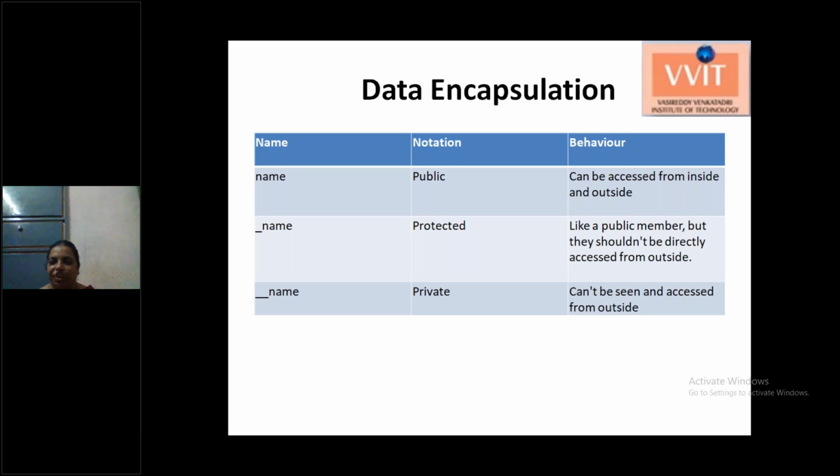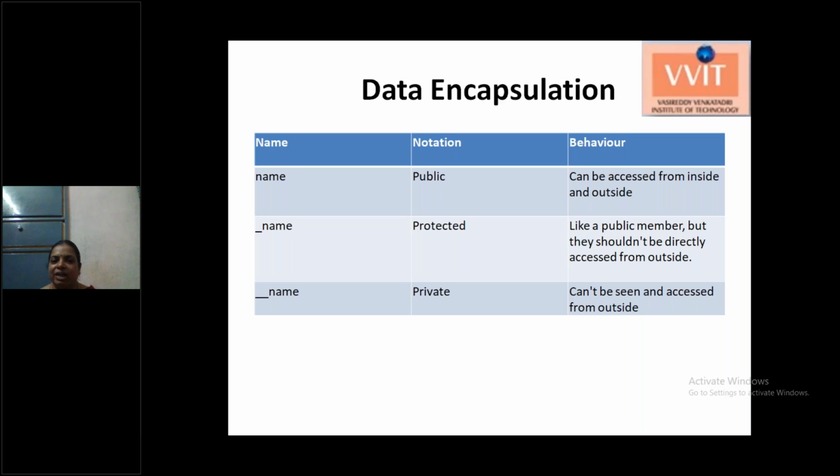Why? Because in object-oriented programming, data is a very important thing compared to anything else. You can even reveal the logic of your program, but you cannot reveal the data members. Data is a very secured item within object-oriented programming.